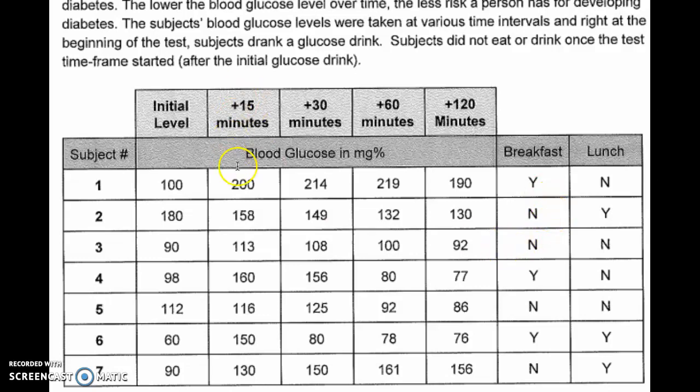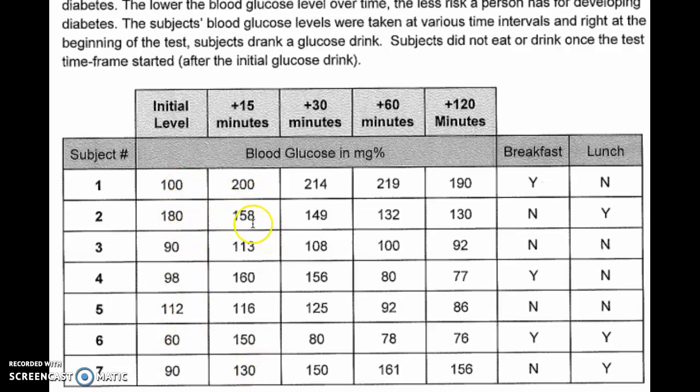What I'm mostly looking at is this 15-minute column. So the initial level is when they drink it. It takes a few minutes for the glucose to get into their blood, but it's going to get in there pretty quick. After 15 minutes, I'm going to be measuring the glucose in their blood, and it's going to tell me what it's at as soon as the drink was added. So everyone's glucose should have gone up. I can see from the initial level to 15 minutes after that for all 7 of my subjects, from these numbers to these, they get bigger,